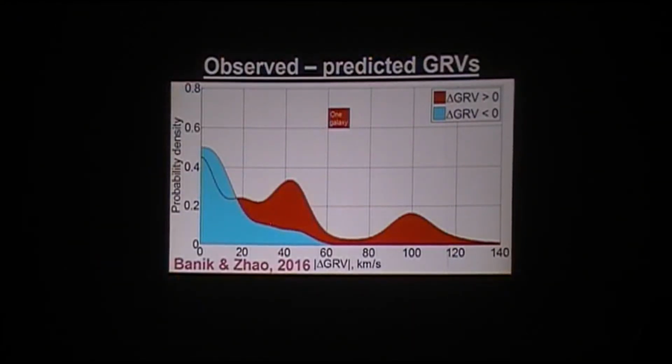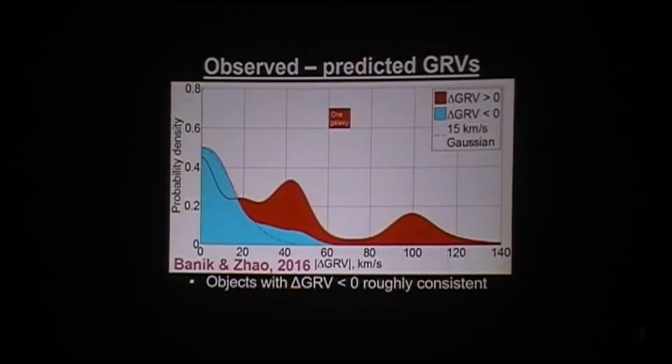So this is where we plot a histogram of the galaxies, of the difference between the model, of the observed minus the predicted radial velocity. So first of all, the blue ones correspond to galaxies which have radial velocities below the predictions. So the blue ones should trace out this kind of histogram. Now what you see there, basically if I show a 15 km per second Gaussian, it's kind of consistent. Because our model is not perfect, these galaxies are kind of consistent with our model, okay? But the red galaxies obviously are not, right? You can see that. So these galaxies, something weird has happened.